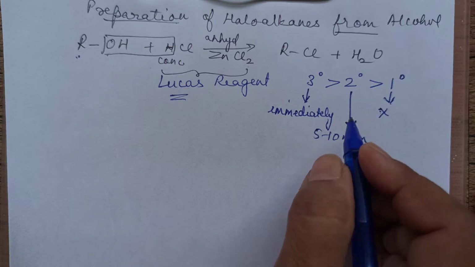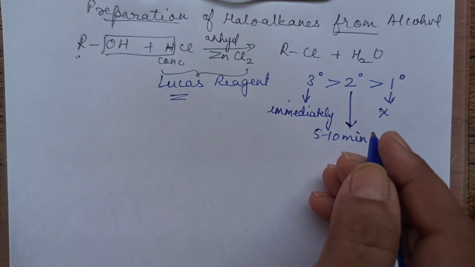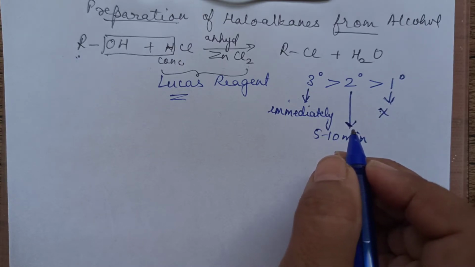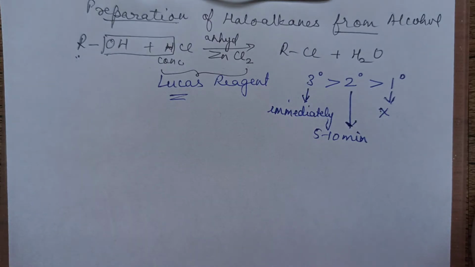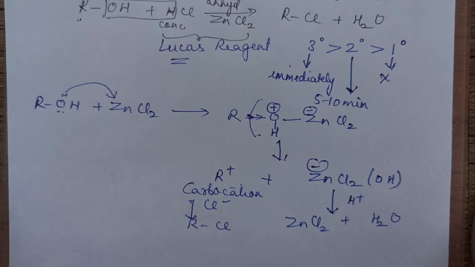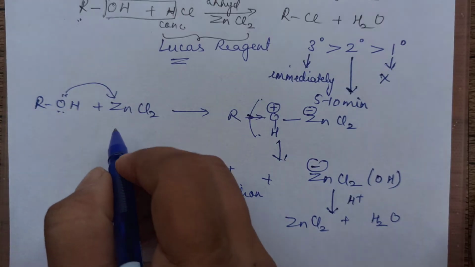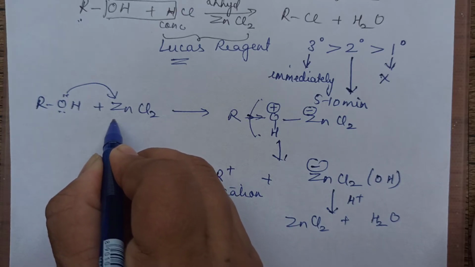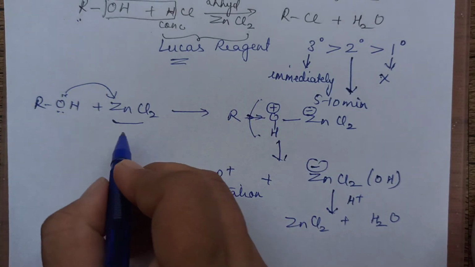Now after a reaction is given, there are some proposed mechanisms, like what must have happened in this reaction. So that I will be explaining. Now you can just see this is the mechanism that is taking place. Now what is actually happening? I will explain it. This ZnCl2, we have used as a catalyst.